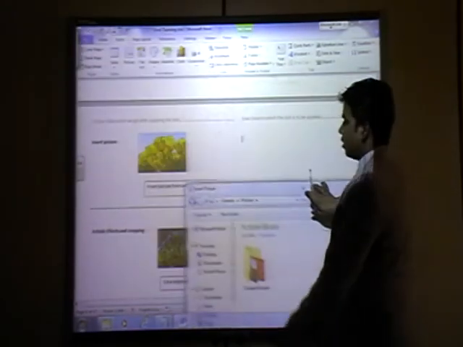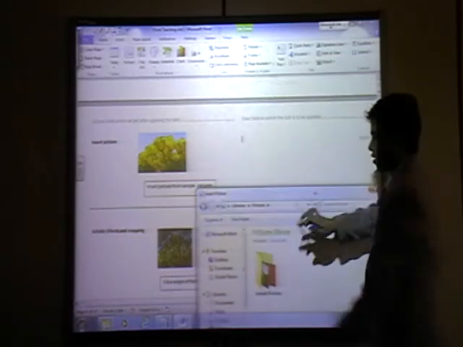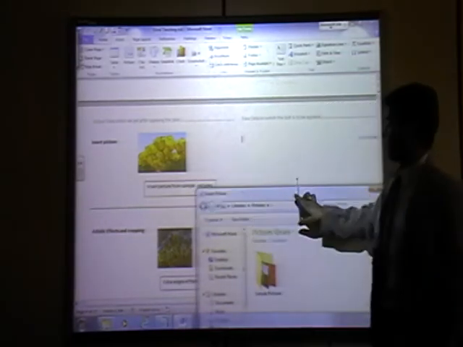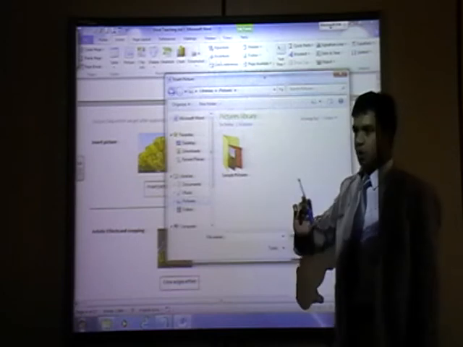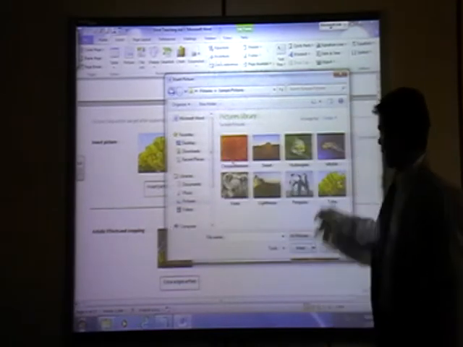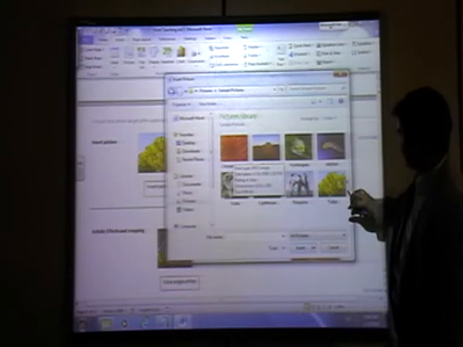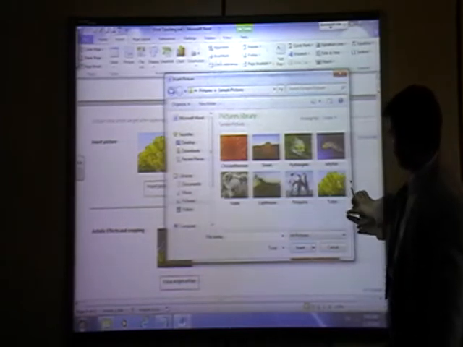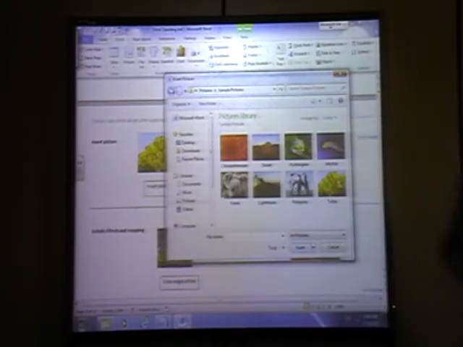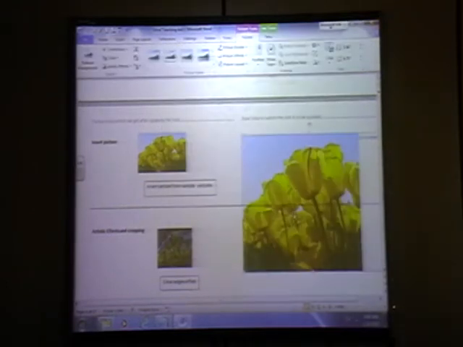Because it is written, you see, sample pictures. That's why we will select from sample pictures. Open this one, and when you come down, I will scroll down. This one, insert.